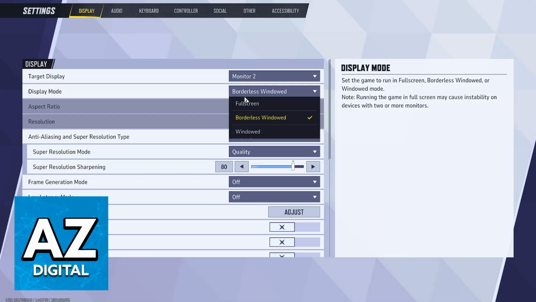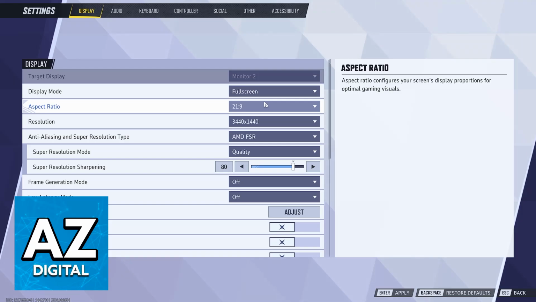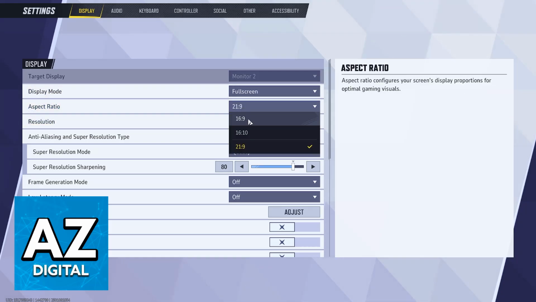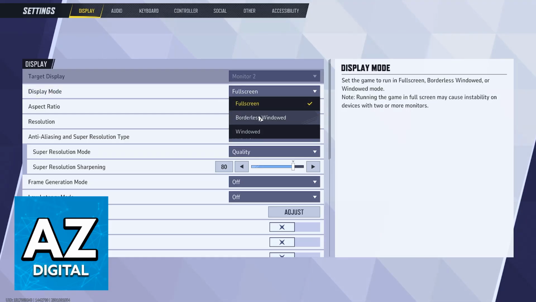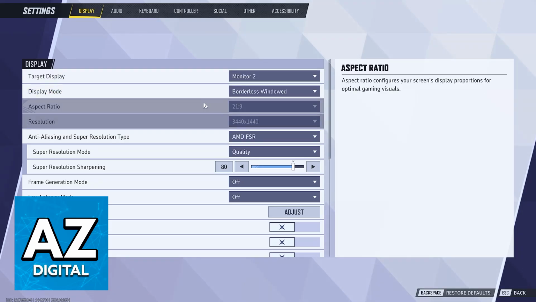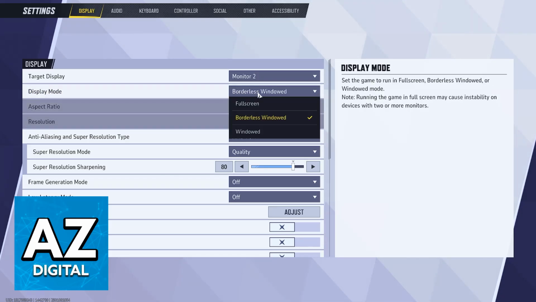And after you change the monitor, you will be able to choose between borderless windowed, full screen, or windowed. Full screen will simply use the native resolution of a specified monitor. So if my monitor was 1920 by 1080, it would default this option to 1920 by 1080, and so on. You will be able to customize the aspect ratio if needed, but usually it will be able to detect. Borderless windowed is essentially the same thing, so it is just going to use the native resolution, and it usually grays out these two options here.